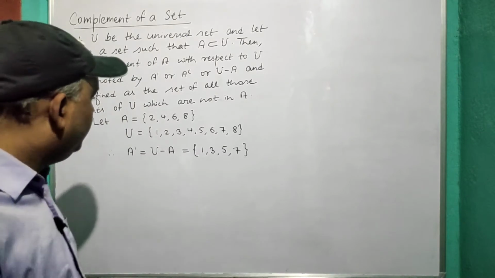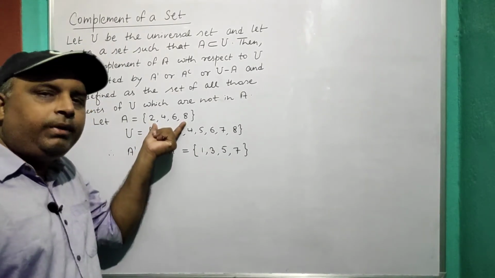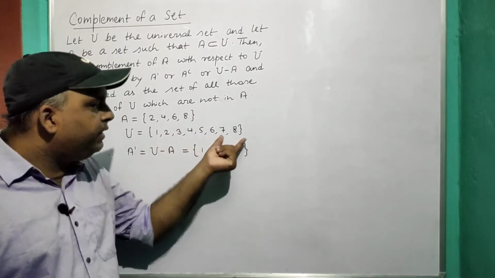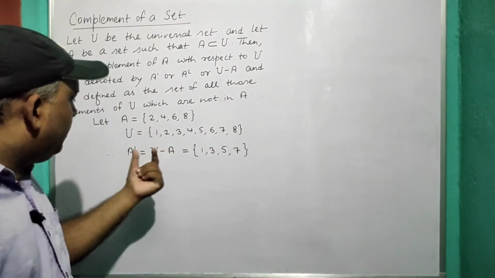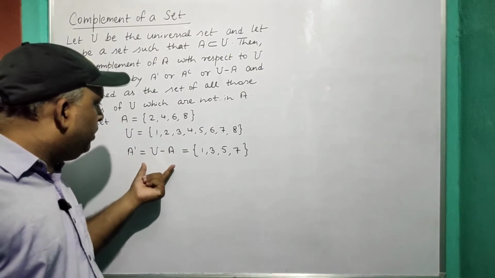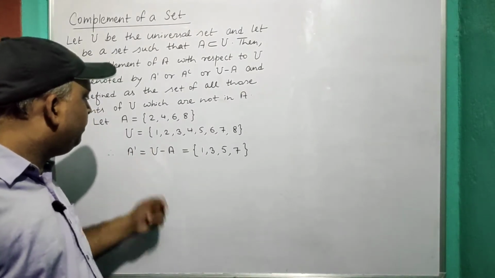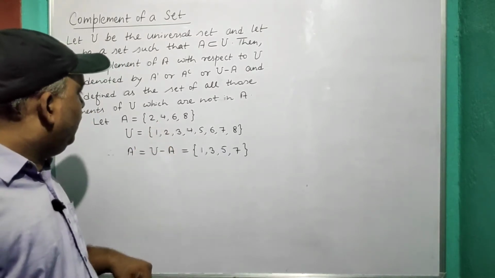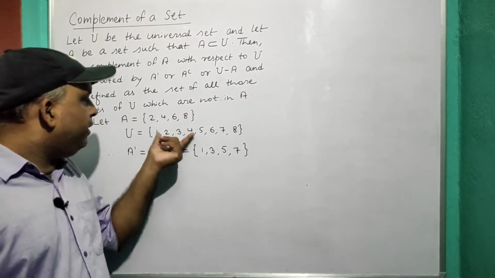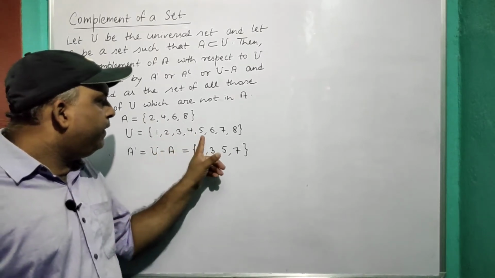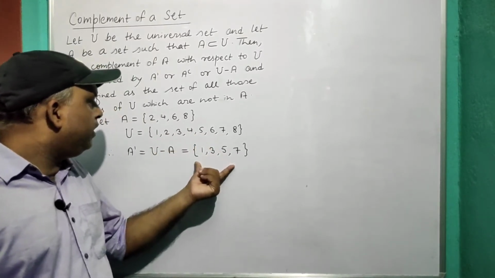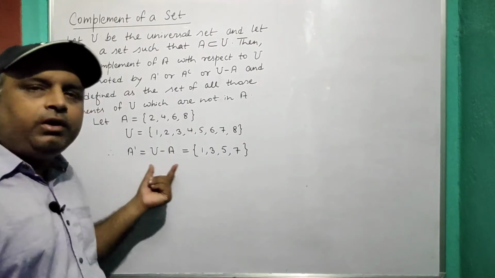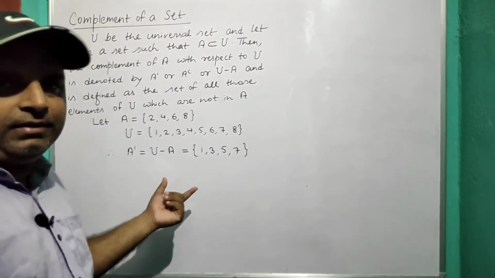Okay, तो देख लो यहाँ पर A में क्या है, A में है 2, 4, 6, 8 और यूनिवर्सल सेट में है 1, 2, 3, 4, 5, 6, 7, 8. तो जब हम A डैश लिखते हैं, कॉम्प्लीमेंट लिखते हैं, तो क्या करते हैं वहाँ पर हम U का वो एलिमेंट लिखेंगे जो A में नहीं है. तो U का कौन सा एलिमेंट A में नहीं है? 1, 3, 5, 7. ये चार एलिमेंट है U का जो A में नहीं है, and these four elements constitute your complement, that is A dash.